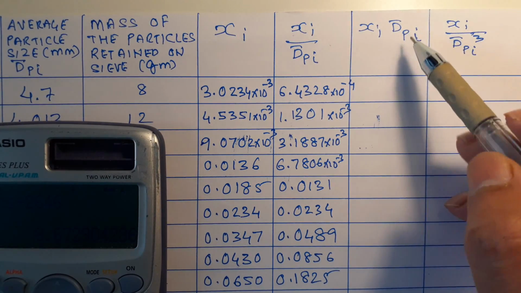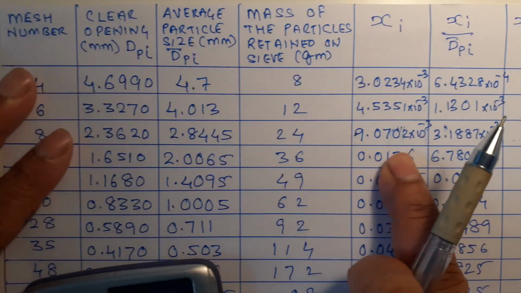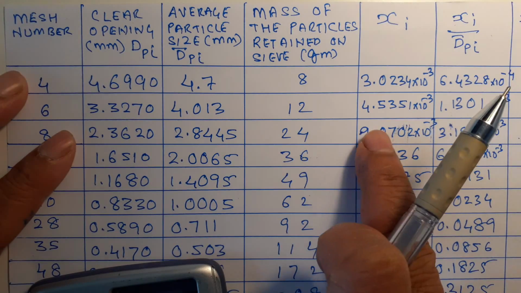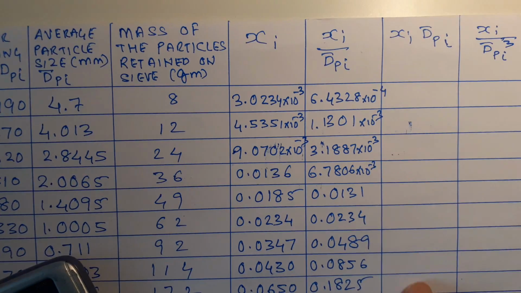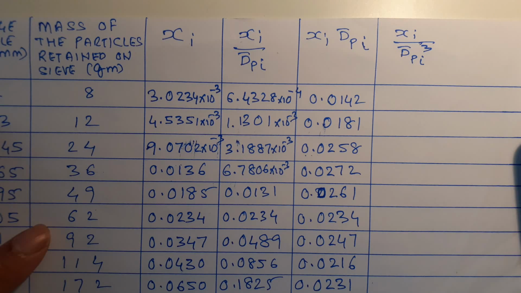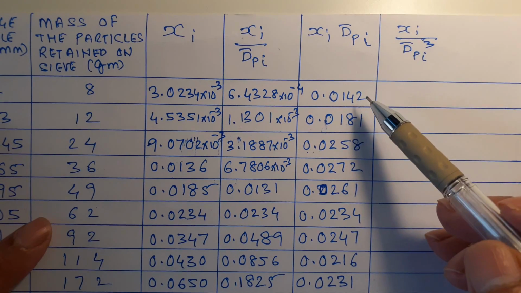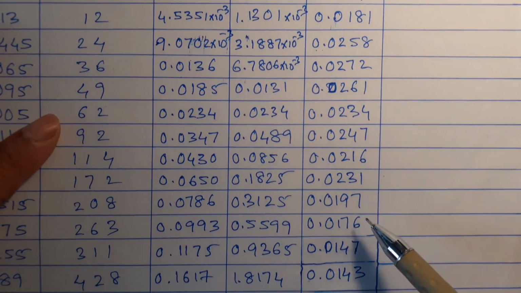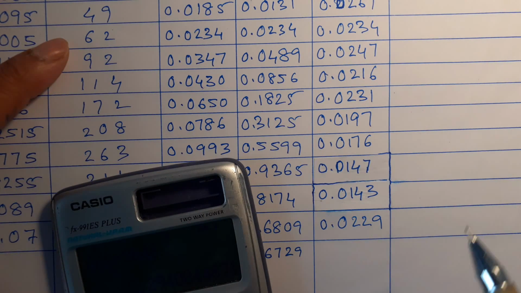Okay, so now let me fill the values of the column labeled xi into d bar pa. So how do I get this value? This xi into this d bar pa. These two values I should multiply and then fill this particular column. Okay, let me do it for you. After finding all the values of xi and d bar pa in this column, and after doing the summation, we get a value of 0.2940.